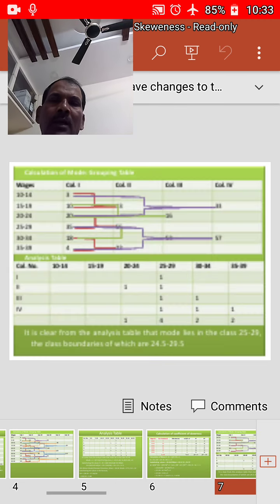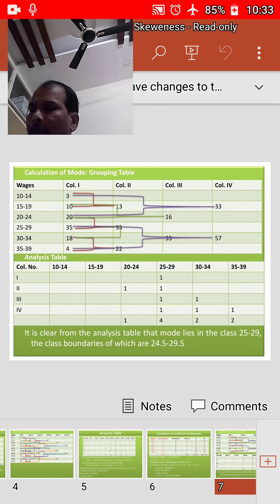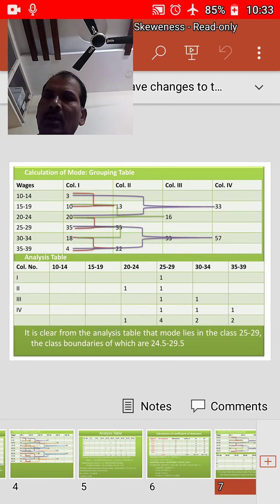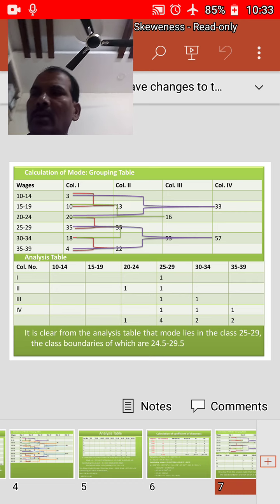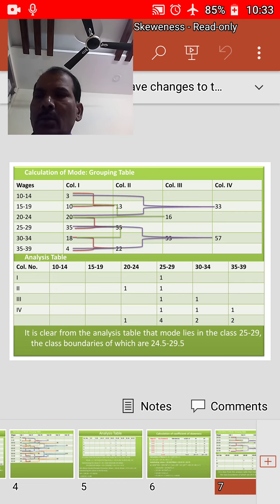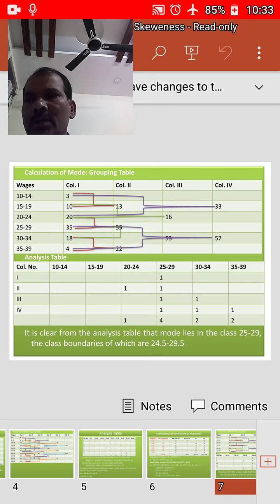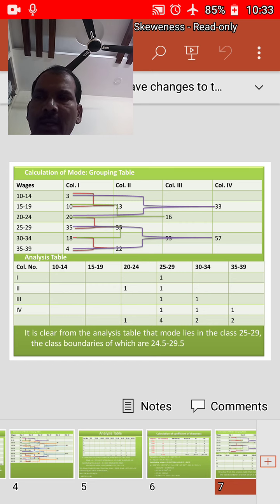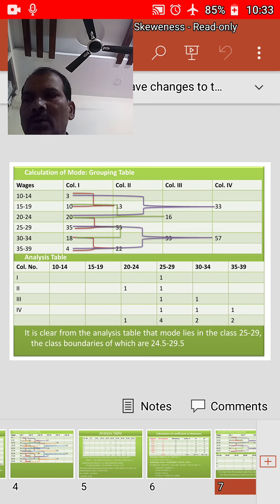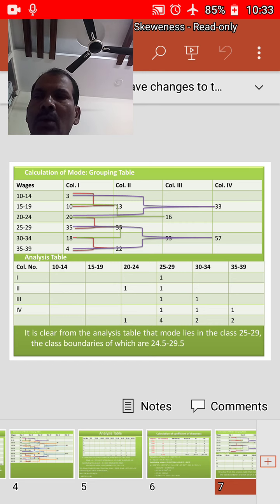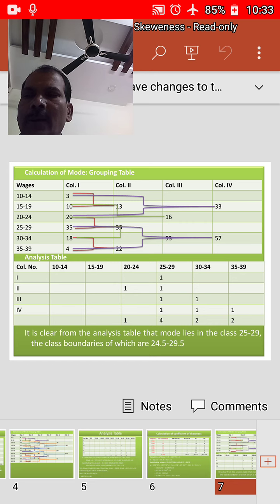Okay, next we'll find the grouping table for the same data. In order to find the grouping table, in the first column we will consider the class intervals, and in the second column we will take the frequencies, that can be named as column 1, and we have the frequencies 3, 10, 20, 35, 18, 4 for their corresponding classes, and we need to add two at a time, okay, and